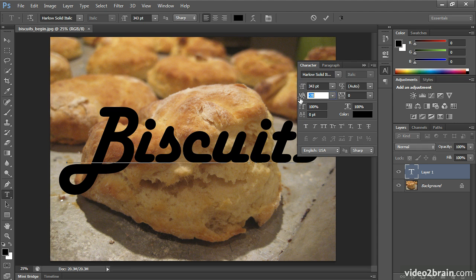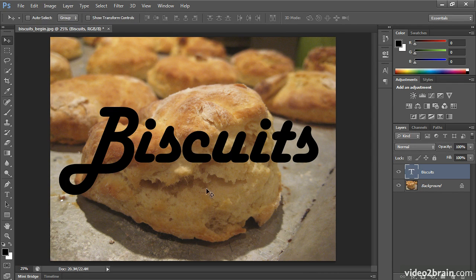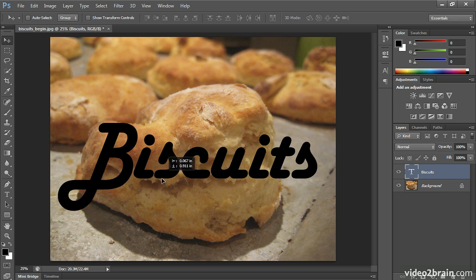I sleep better at night when my type is kerned properly, but that's a story for a different day. I'm happy with this one, so I think I'm ready to show you the layer style. I'll go to my Move tool, and in order to make it look like the biscuit is actually rising up